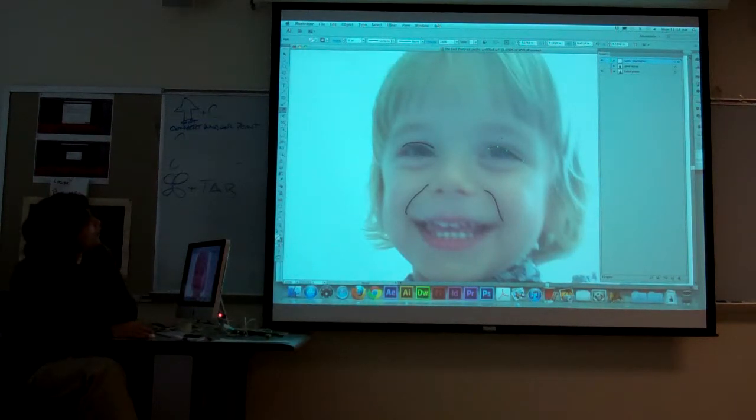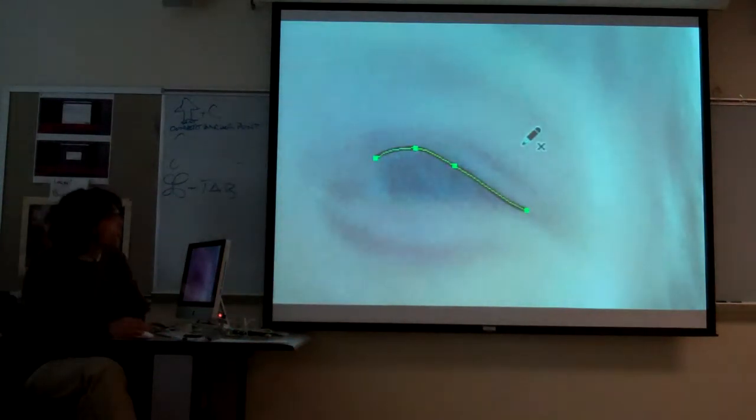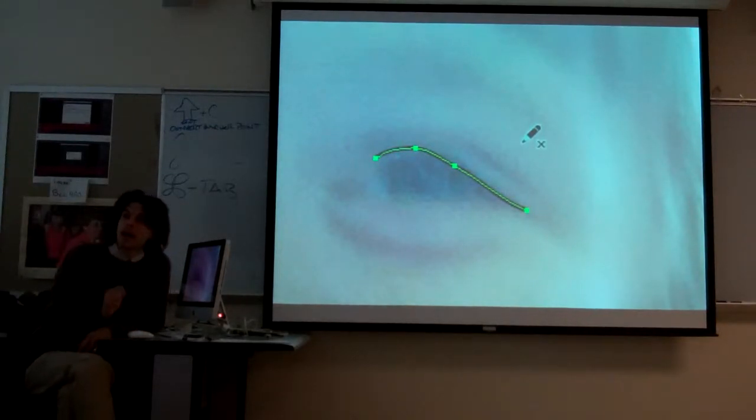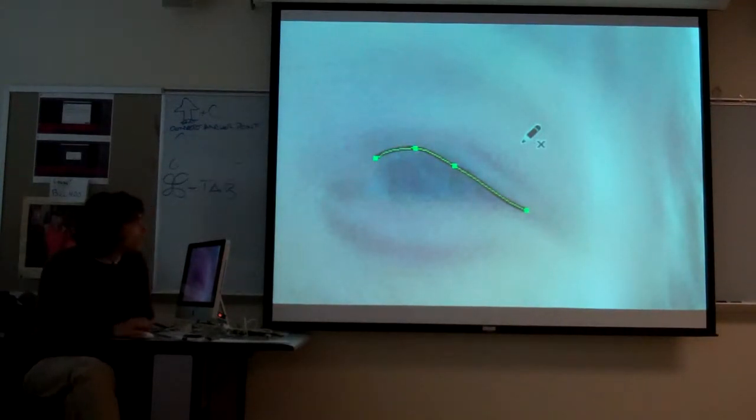Now, there's a few risks with this. Notice how my pencil tool, let me zoom in here, my pencil tool icon, my mouse pointer pencil tool icon, has basically two different states. One is continue the current path, and one is add a new path. And if you start clicking too close to the path that you just created, when there's no X, it'll continue,